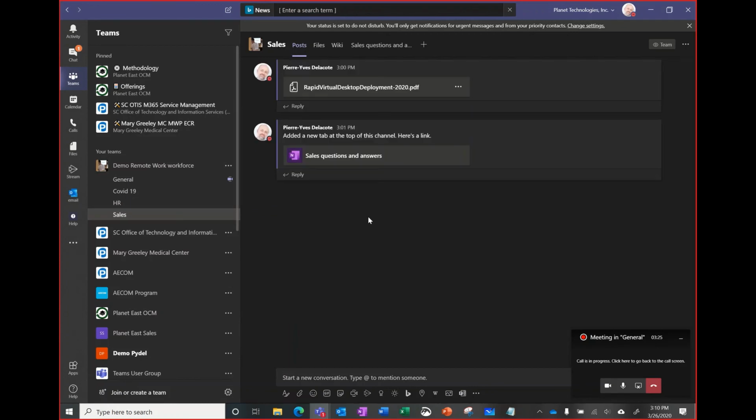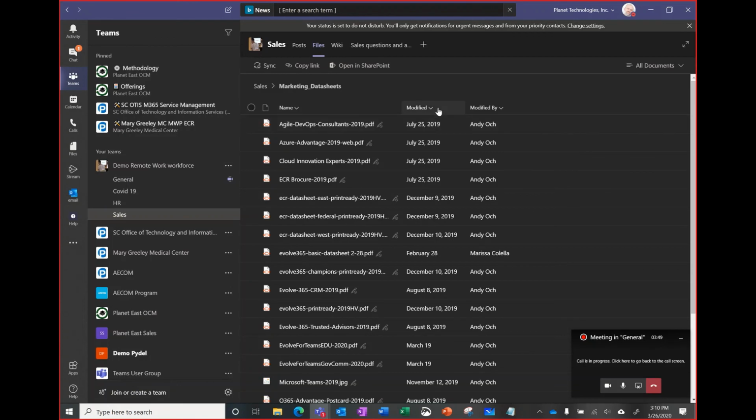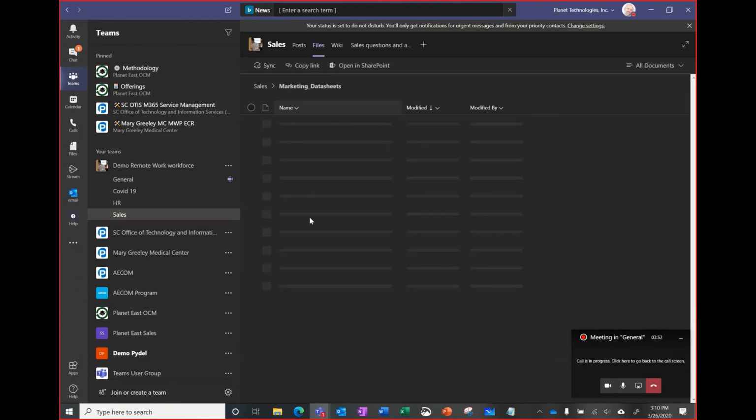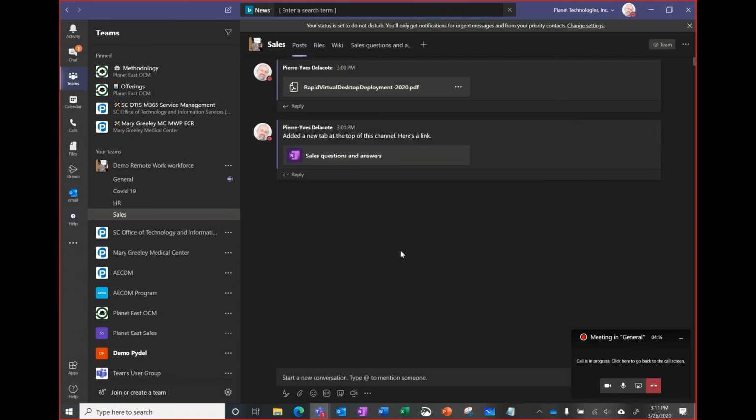For the salespeople, there will be a sales channel, or they can chat and ask questions here too. Every member can answer those questions. Within this team, everything is public. And there are some files that might be useful for the sales force, which are the marketing data sheets. You can see that here. You can find all our data sheets and the latest ones that are targeted to help our customers to work remotely with virtual desktop, or our Evolve offering for education, for commercial or government customers, on how to train their end users around Teams. So once again, if you have any questions, you ask your question there in a post, and we'll try to centralize all your answers